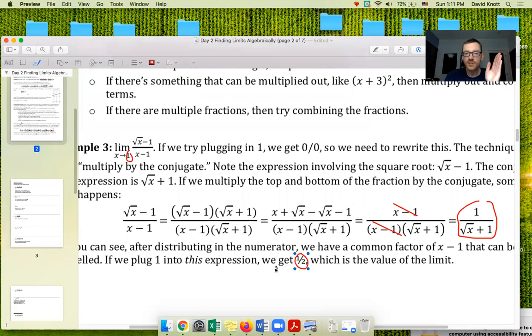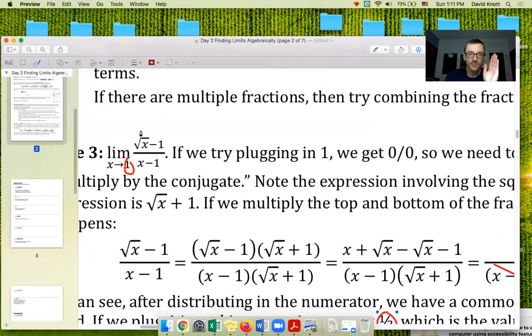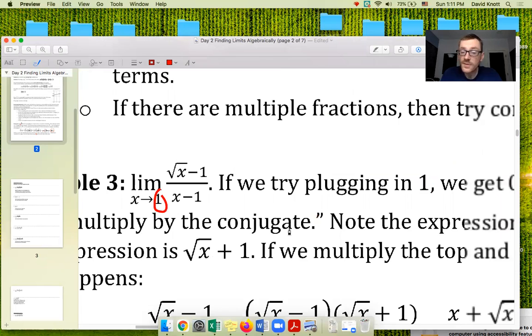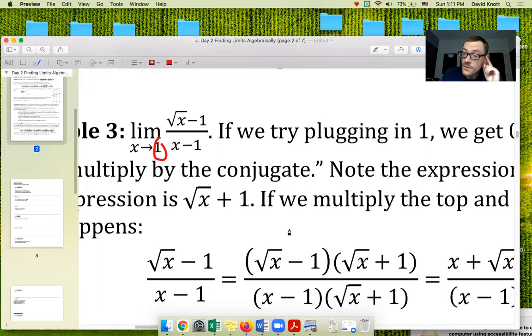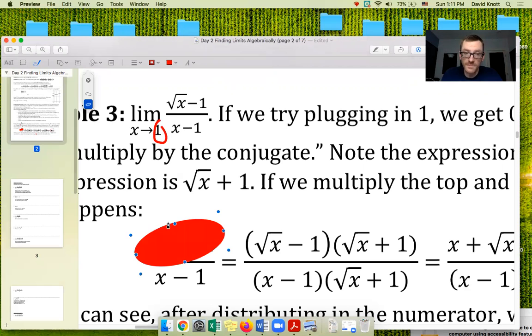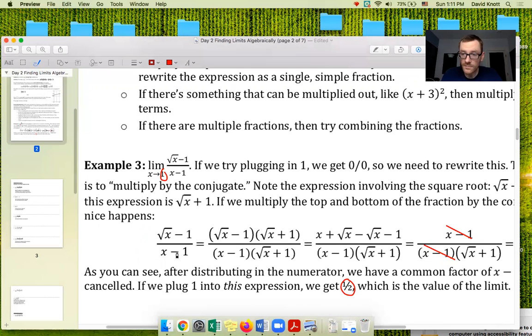It's what you should do pretty much anytime you see a root inside the function. A couple of comments on this. So first of all, you multiply top and bottom by the conjugate of the root expression. In this particular problem, the root expression appeared in the numerator. So I multiplied top and bottom by the conjugate of the numerator. But the root expression can appear on the bottom as well. So you multiply top and bottom by the conjugate of the root expression, wherever the root expression appears. Sometimes it'll be up top, sometimes it'll be down below, but you always multiply top and bottom by the conjugate